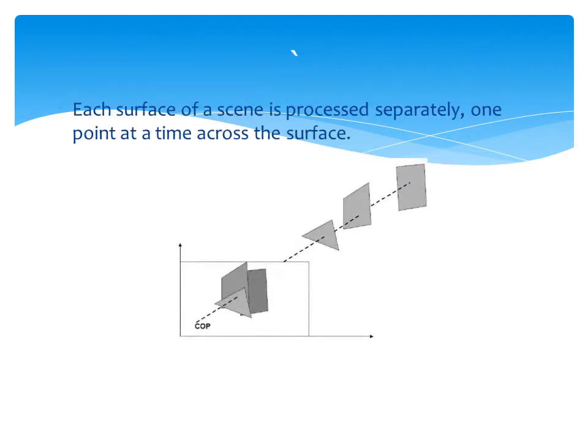In this diagram, there are three objects located one over another. Suppose we use the backface detection method for detecting the surface, we are only able to detect the backside of the object. But in the depth buffer method, we can see each object separately, one point at a time. Here COP is the center of projection. We are viewing through this direction.